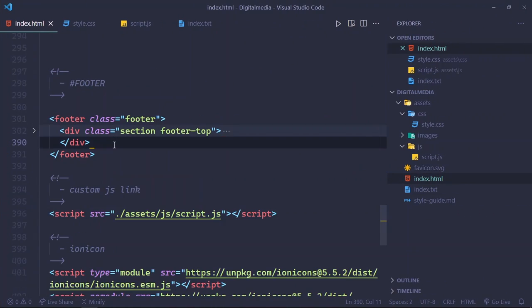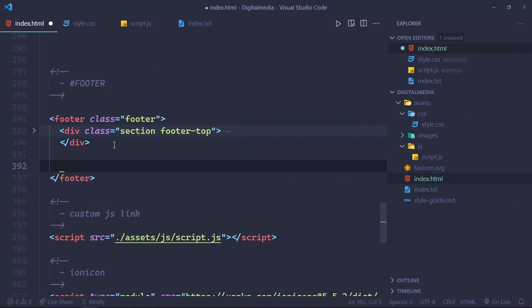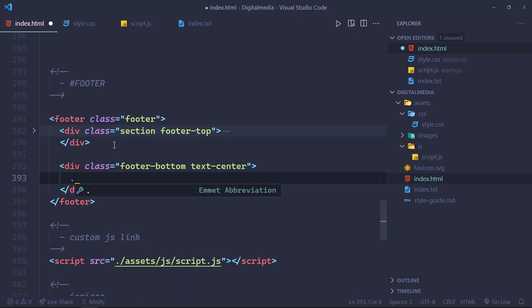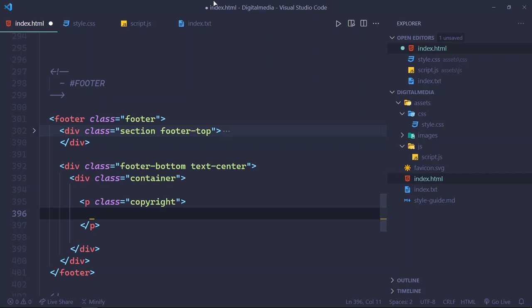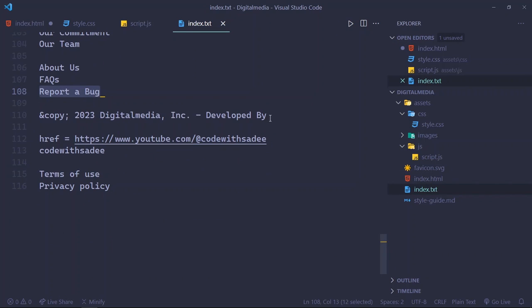This is the footer top, and dot footer bottom dot text center, and then dot container, p dot copyright, and here's the copyright text,